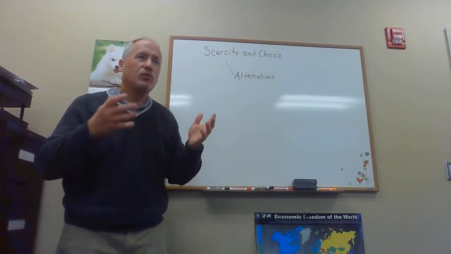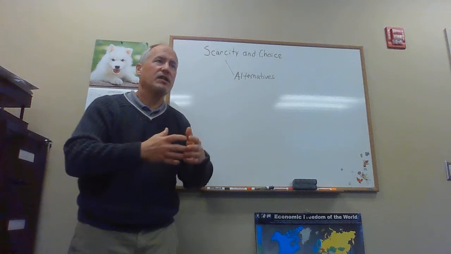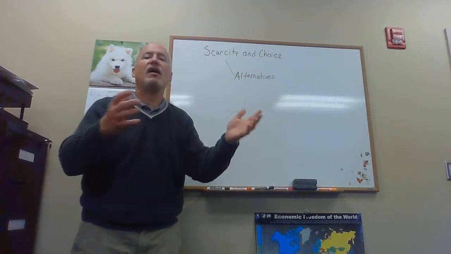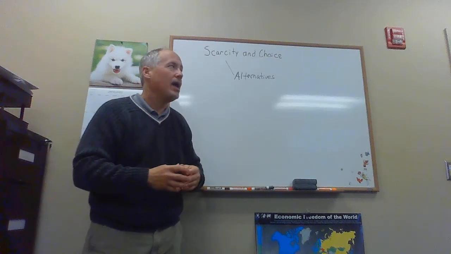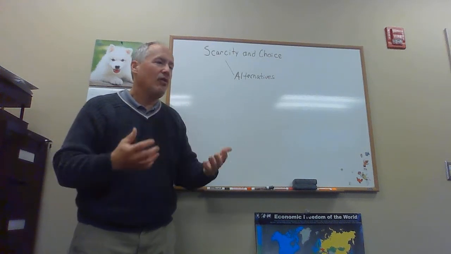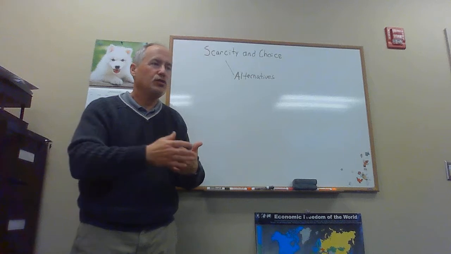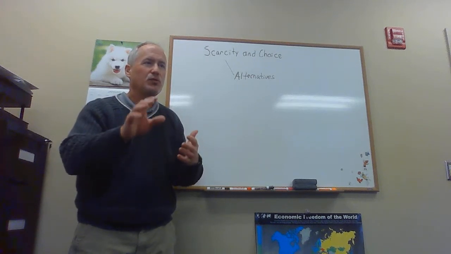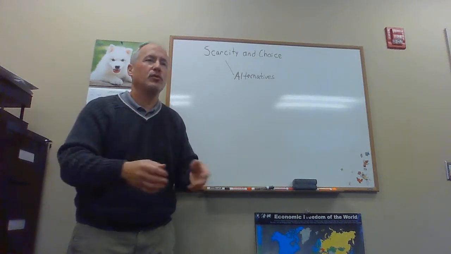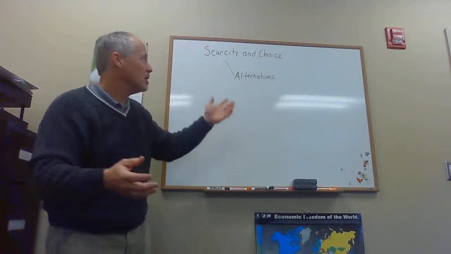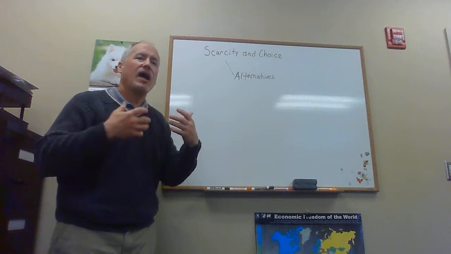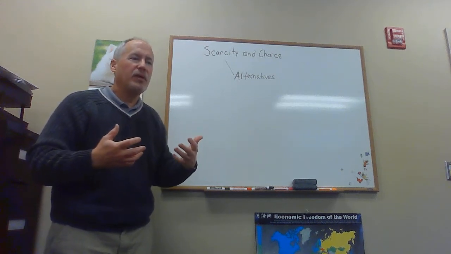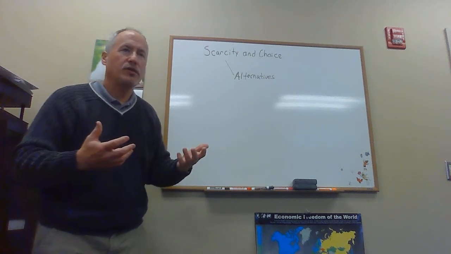If we lived in a world with alternatives, but there was no scarcity, then you could literally have everything. You could do every option. And if you could do every option, then there'd be no need to choose one option over another. You could do them both. You could do them all. So it's the fact that we live in a world where we have scarcity and there are alternatives that we have to make consequential choices.